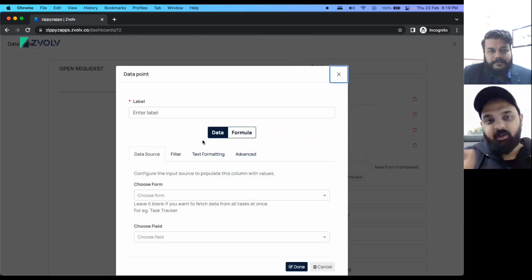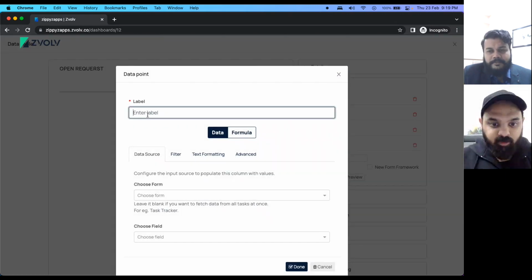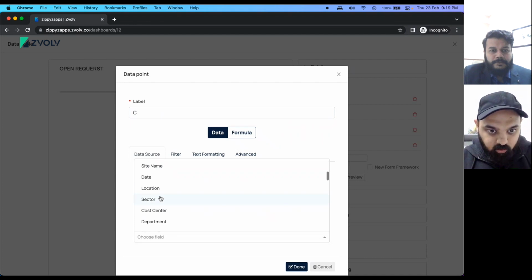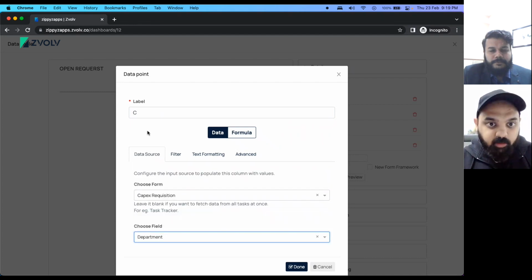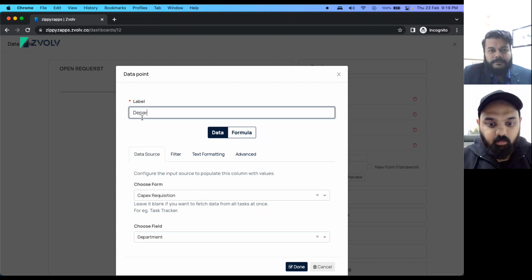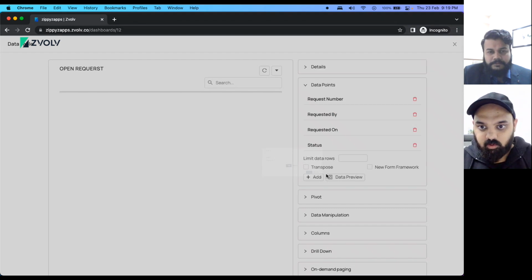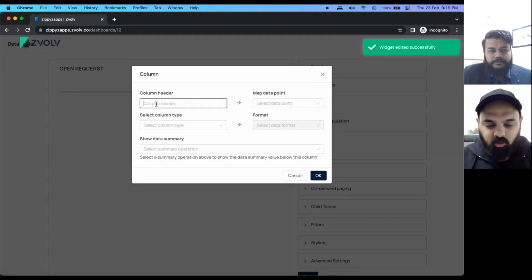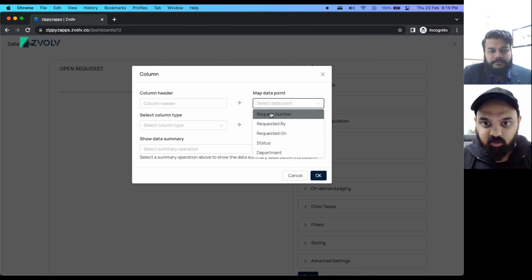What I'm trying to do is pull out all the information required onto the dashboard. Now let's quickly configure the field types.